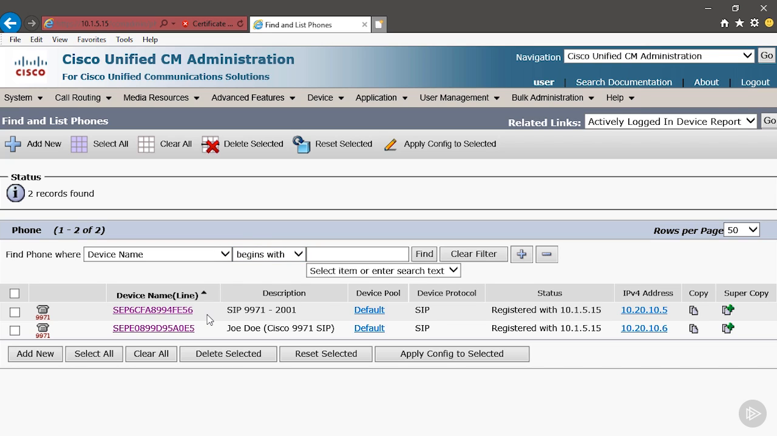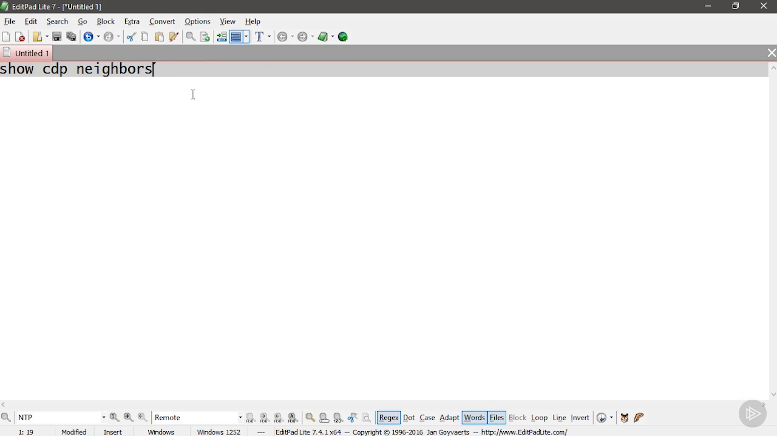I like to go to the switch that the phone is plugged into, copy the MAC address, and then paste it into Unified Communication Manager. The command that we're going to use to do that is going to be show CDP neighbors. We're going to copy it, paste it into our switch, and then we should learn the MAC addresses of the